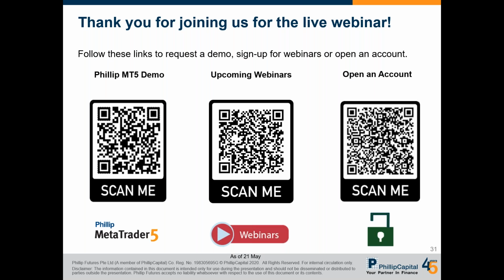Right, the first question is, is the demo platform free? Is there a fee needed to register for the demo platform? Yes, the demo platform is absolutely free. So if you wish to try out the demo first, just use this QR code over here, right? Scan me, this Phillip MT5 demo, and you can use this as long as you wish, and there's no timeline for it, and try out the platform until you're comfortable. Or if you want, you can also start opening an account, which is also using this QR code over here, right? Using SiMSCI.